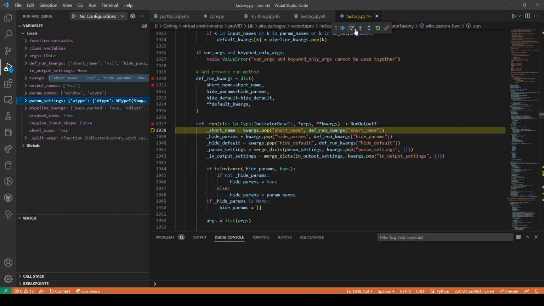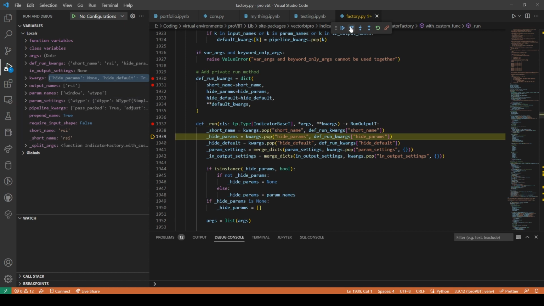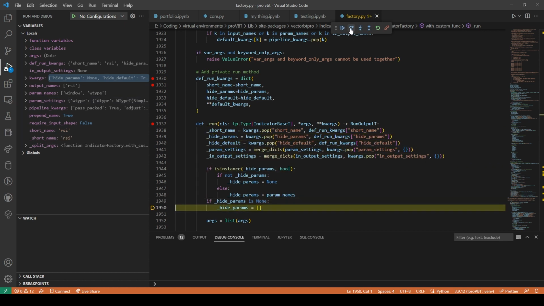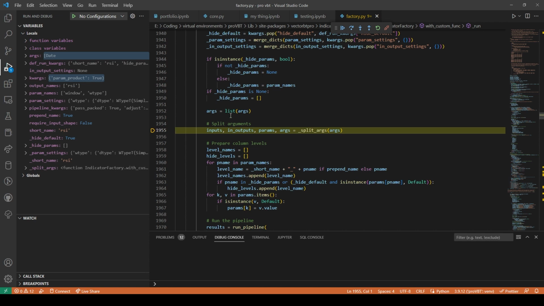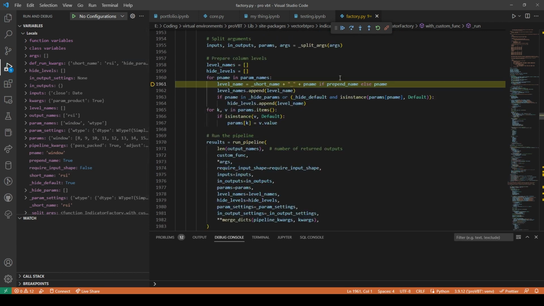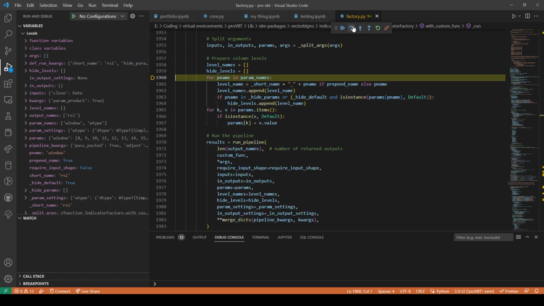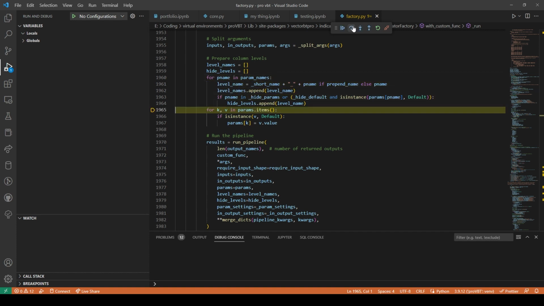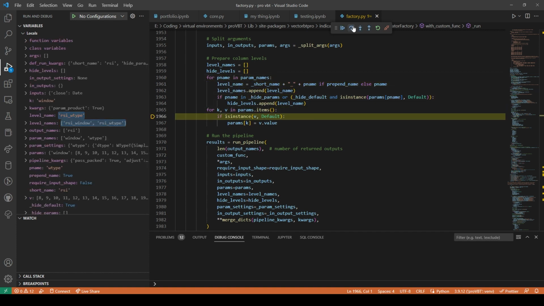Anyways. For kv params items, if instance v default params k value.